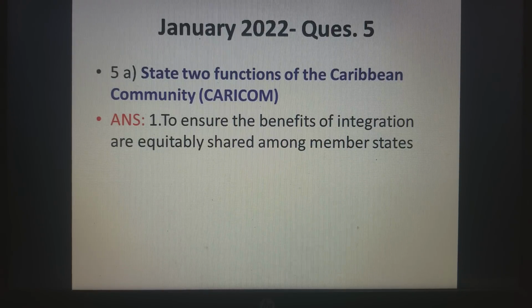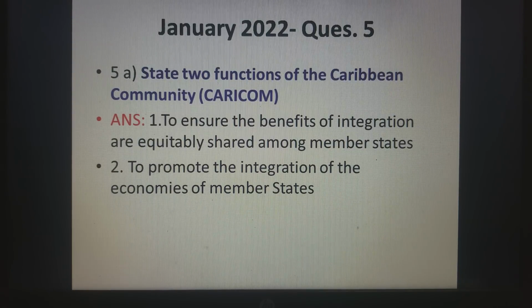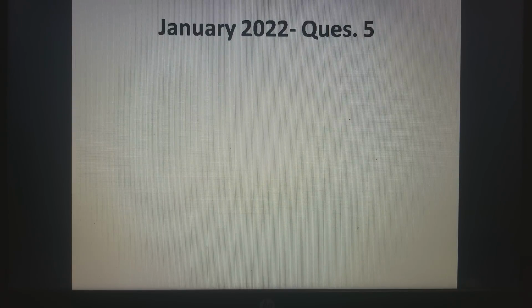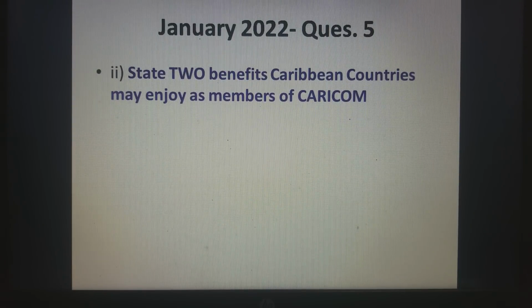In other words, CARICOM helps to make sure that all the countries in the group benefit from whatever there is to be benefited from as a result of their integration, right? Good. Let's move on. 2, to promote the integration of the economies of member states. 3, to coordinate foreign policies. Next question, state 2 benefits Caribbean countries